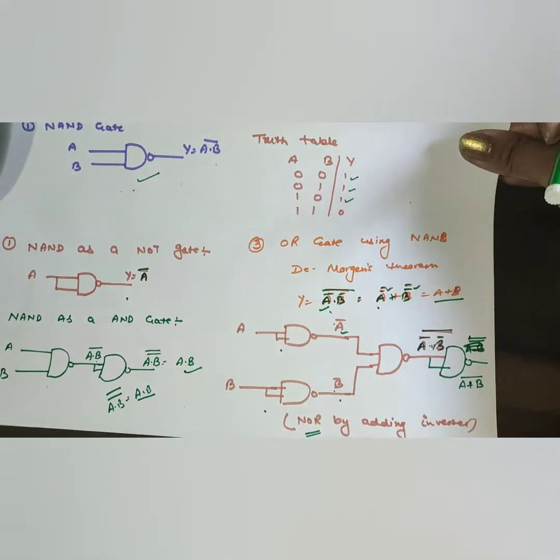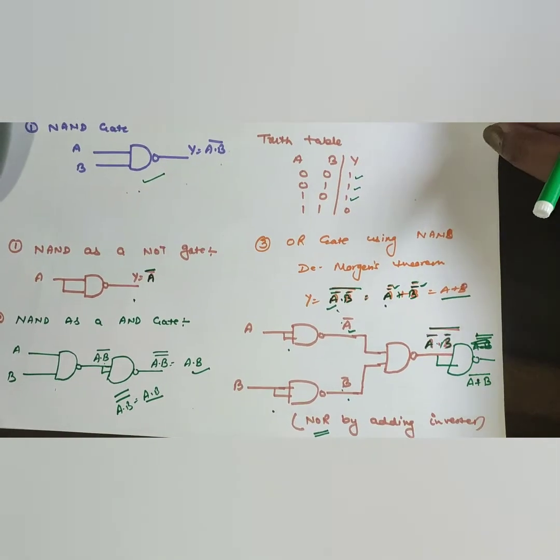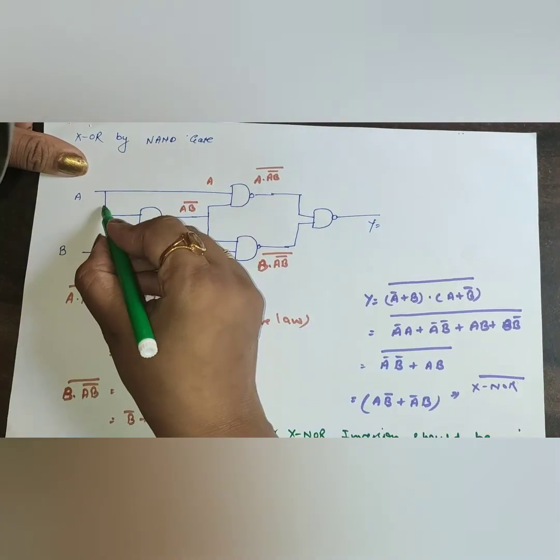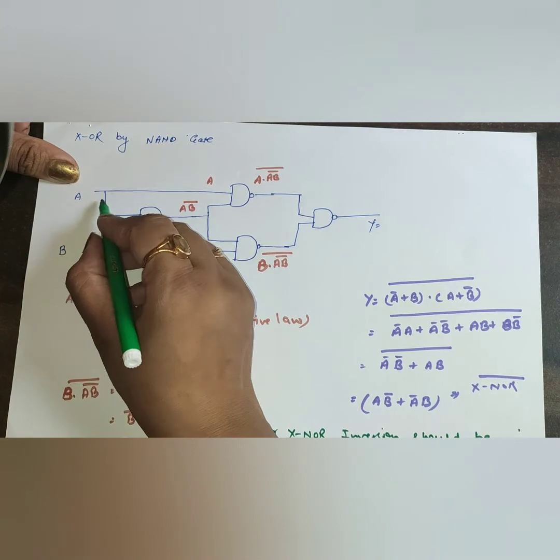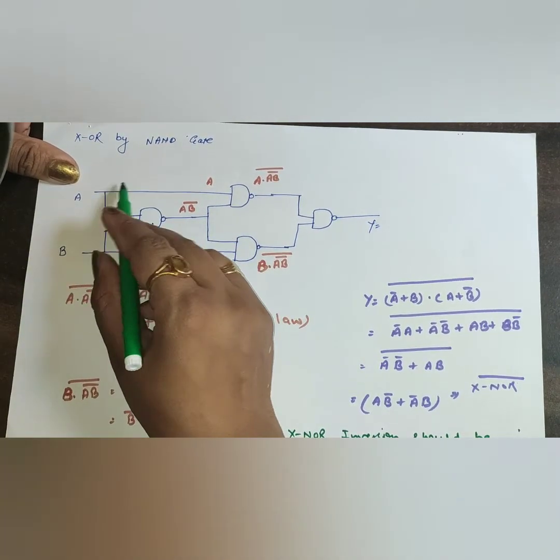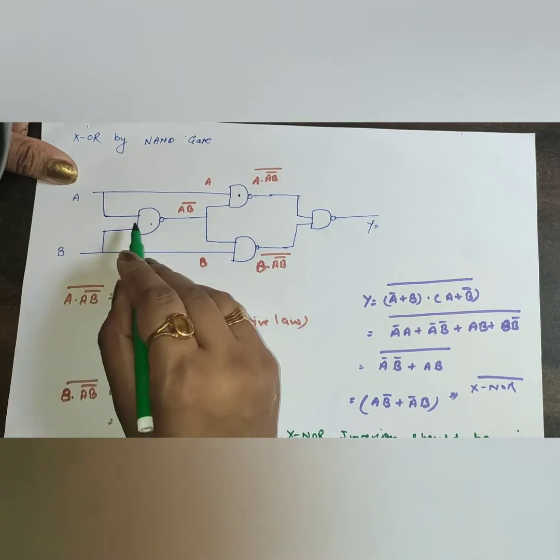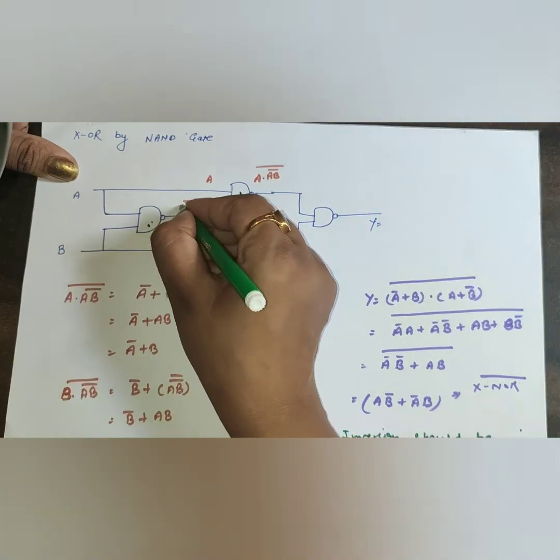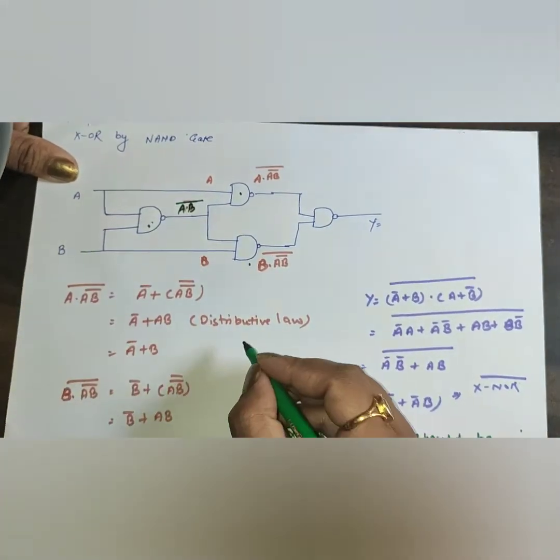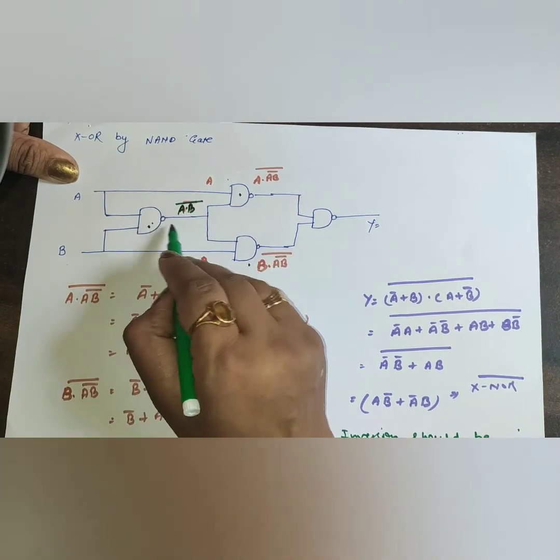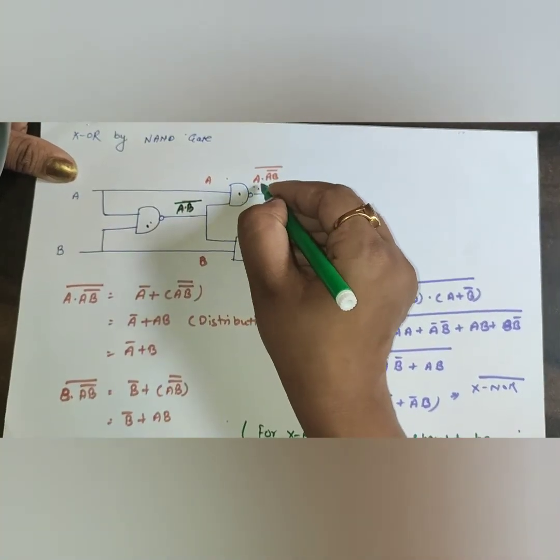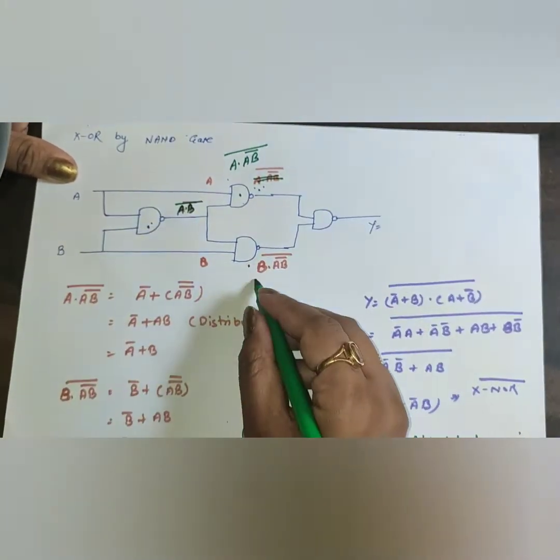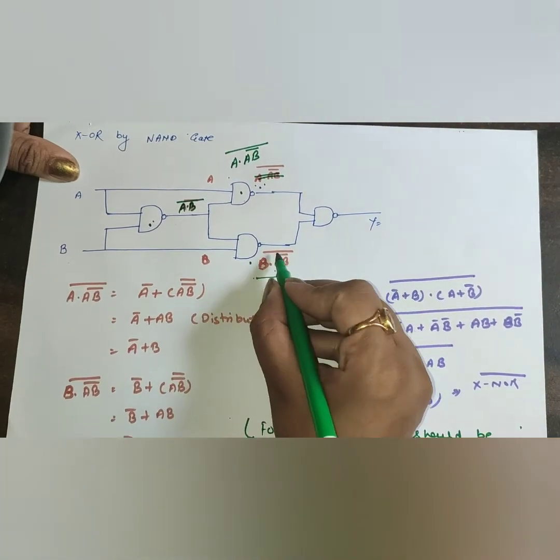Now another one is the NAND gate for the XOR gate. Here, one input is given to a NAND gate, and another is given to a different NAND gate. One input goes to the same NAND gate and another to a different NAND gate. So the output of this will be (A dot B) whole bar. Now one input is given to this and another is different, so the output will be (A dot (AB) whole bar), and this will be (B dot (AB) whole bar).